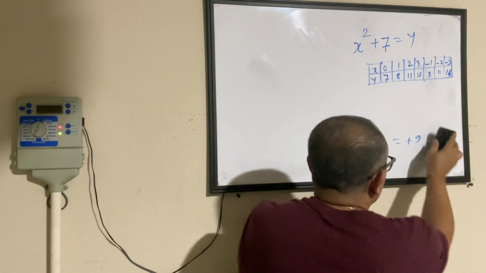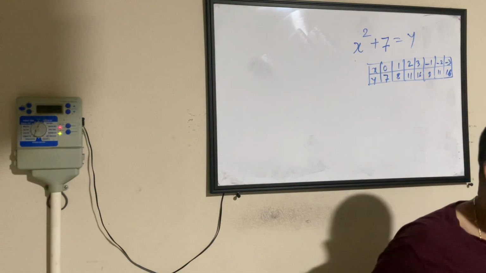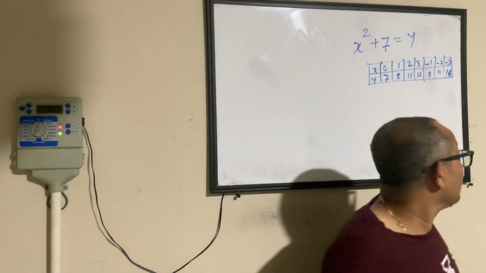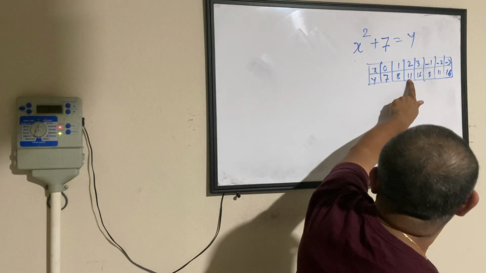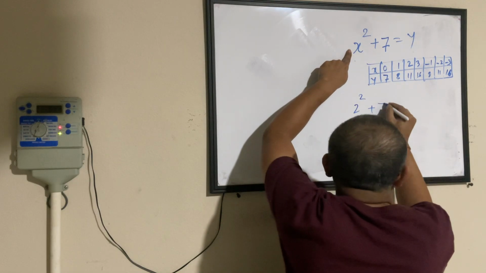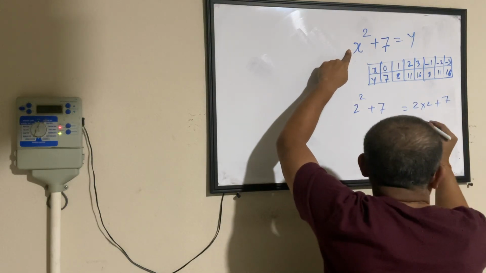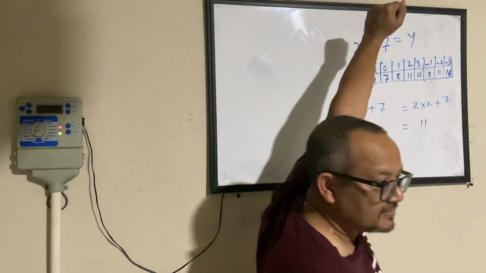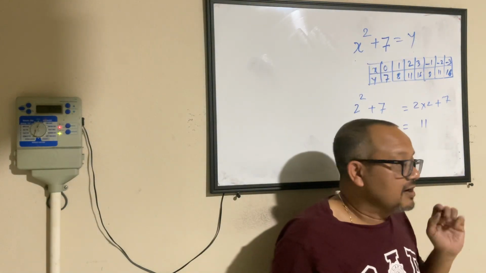So, yeah, we got this table. Yeah, Dikshita. How does it get 11? How did I get 11? When x is 2, y is 11. To see, 2 to the 2 square plus 7. 2 into 2 plus 7. 2 easy. 11. 2 times. Okay, then. 2 times. So, see,